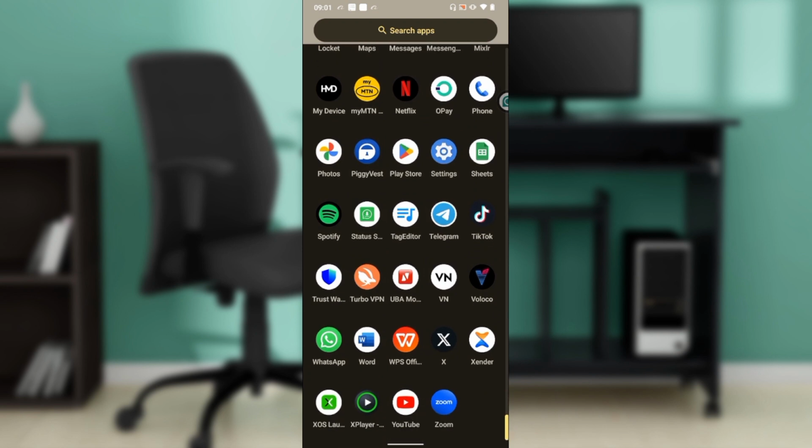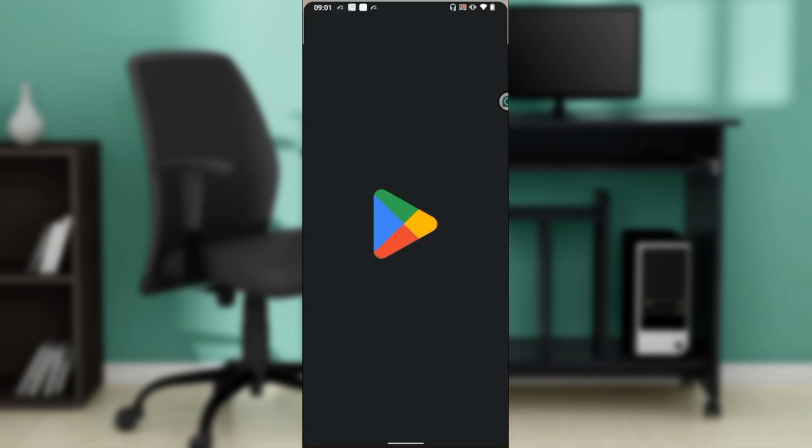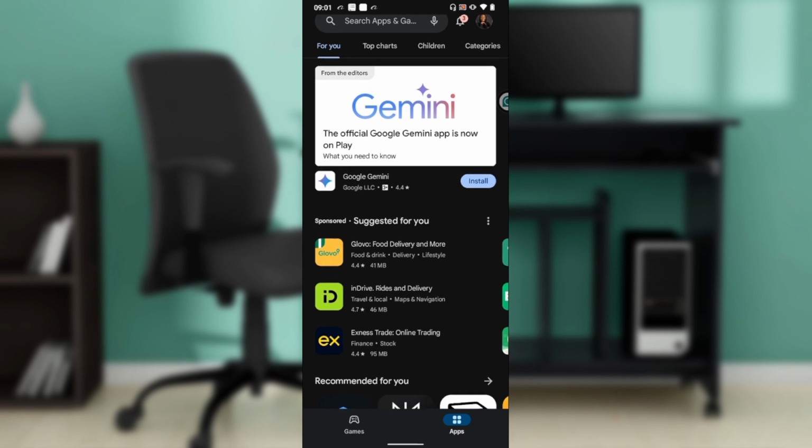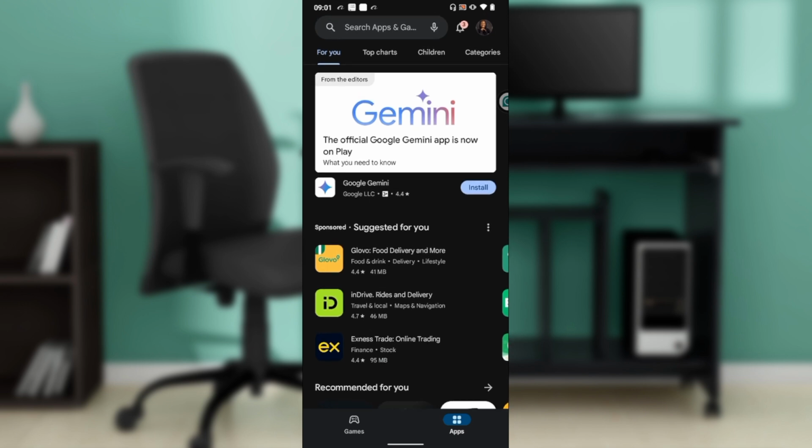Okay, so currently I'm using an Android phone, so I'm going to have to tap the Play Store icon here for it to open up the Google Play Store page. If you're using an iPhone, then that's really going to be the Apple Store. So just launch any of those applications